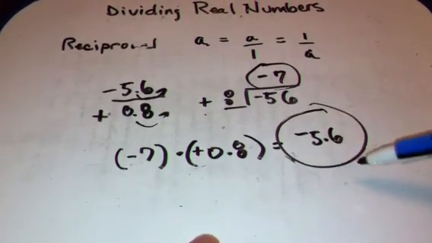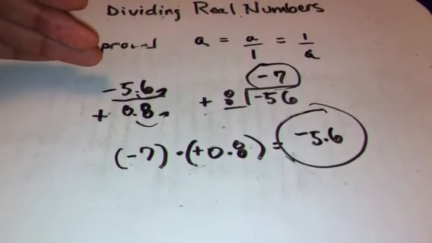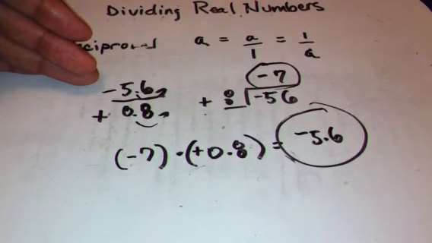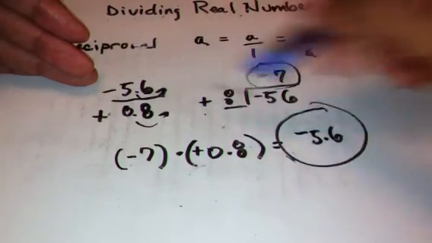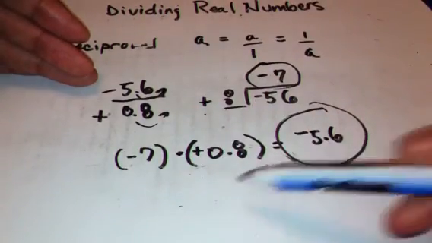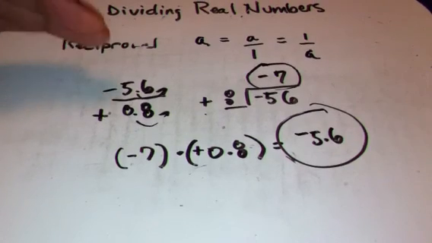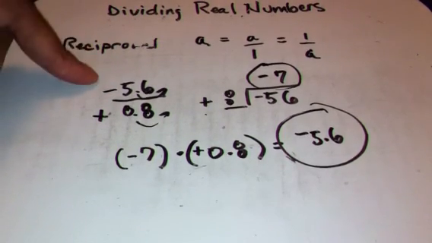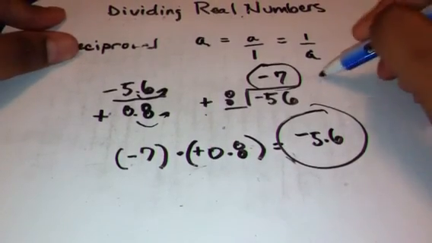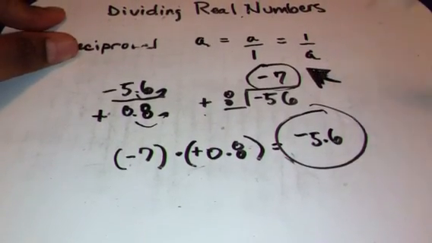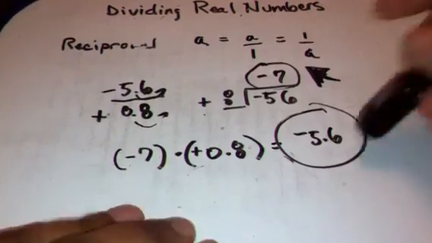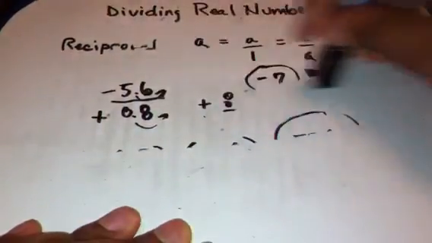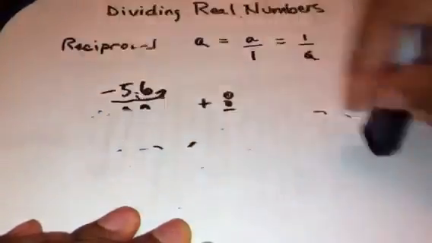And 5.6 was the dividend. So basically, everything falls back. When you do it in reverse, you get the number at the top. 0.8 times -7 is the dividend. So the quotient was, in fact, -7. And there you have it. Okay, the next concept